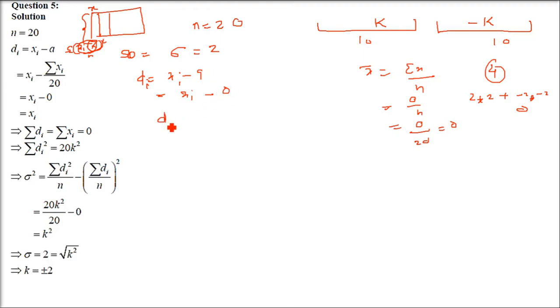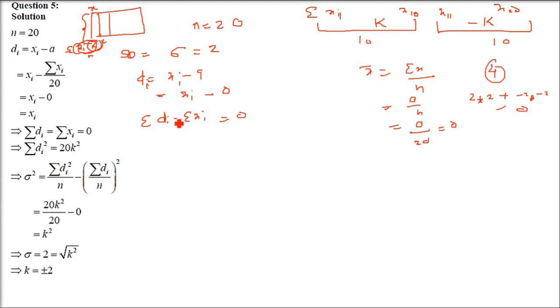So this will be 0, xi minus 0. So di is equal to xi. So di or xi both are same in this case. So even if you take sigma xi or sigma di, it is going to be 0 only. Even if you add 2 plus 2 plus minus 2 minus 2, if you add k plus k and minus k, they are going to nullify each other, that is cancel each other, right? So eventually the sum of x and sum of d is going to be 0 only.